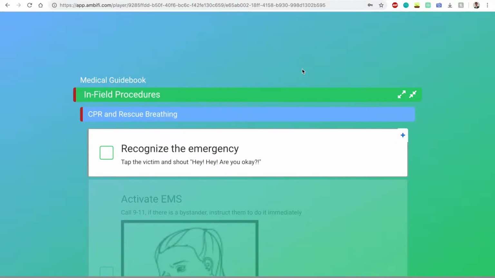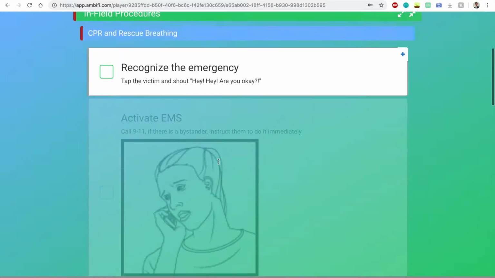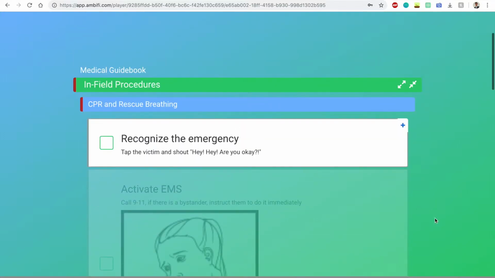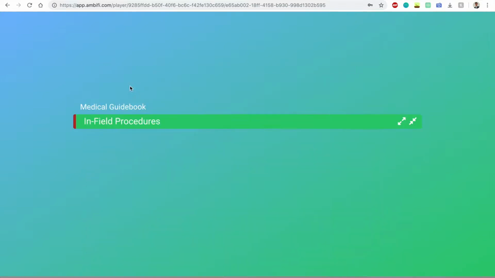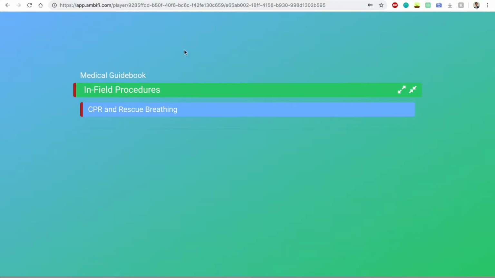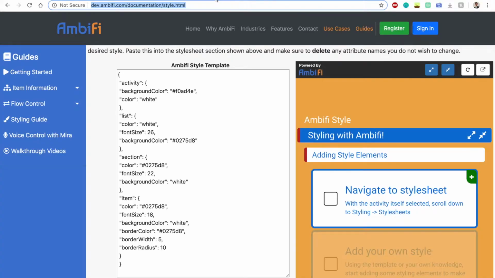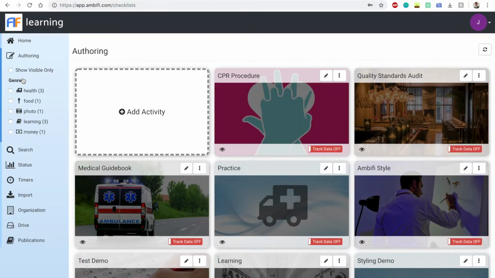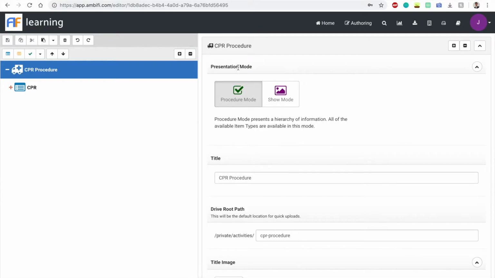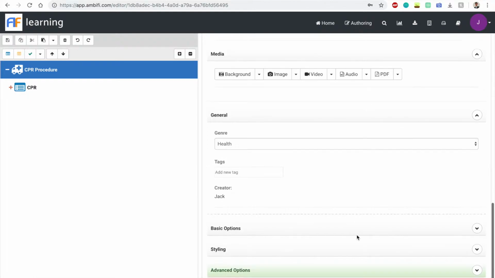All right, in this part 2 video, we're going to be styling our activity to look like this one right here, just a little bit cooler with a nice linear gradient in the background and some nice colors here. So you're going to want to go into the authoring tab and hit edit on our CPR procedure here. And right on the activity, with the activity selected, you're going to want to go down and hit styling